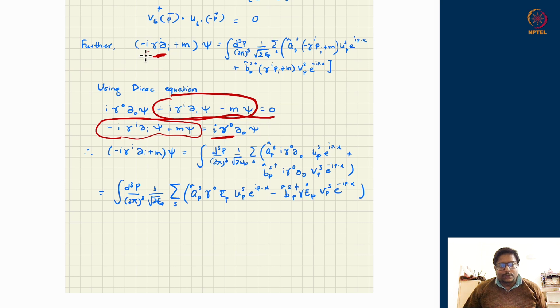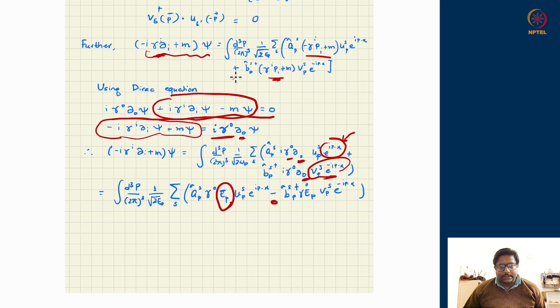So the action of this whole operator is equivalent to the action of iota times gamma naught times the temporal derivative. So why not do that? Why take this operator with 3 derivatives and 3 matrix multiplications? Better 1 derivative and 1 matrix multiplication. So delta 0 will hit only the exponential part because the temporal dependence is only there. Similarly in the second part also, the derivative will hit only the exponential part. This was a positive frequency thing, so it will give me an E_p. And this was a negative frequency thing, so it will give me a minus E_p. So a minus sign will come between the two terms.